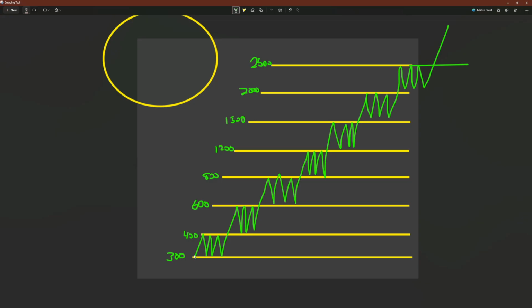But if I start with $300 and I build that 300 up to 400 and then I trim it back down to 300, that's $100 I can put in the pot. I'll just draw these over here. And then I do it again. I bring 300 up to 400 and then I trim it. That's another $100 in the bag, right? So I've made $200 profit on this $300 seed amount.